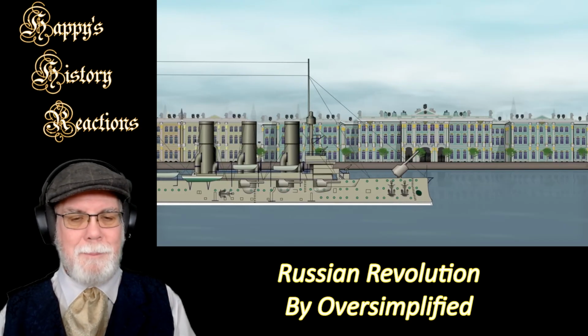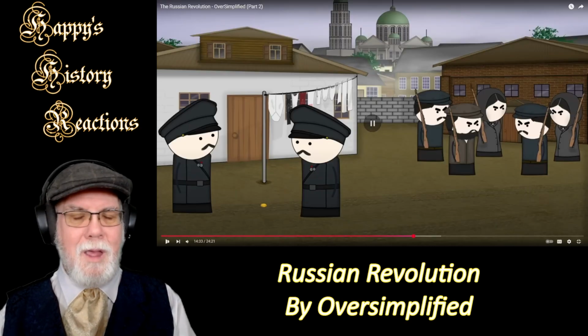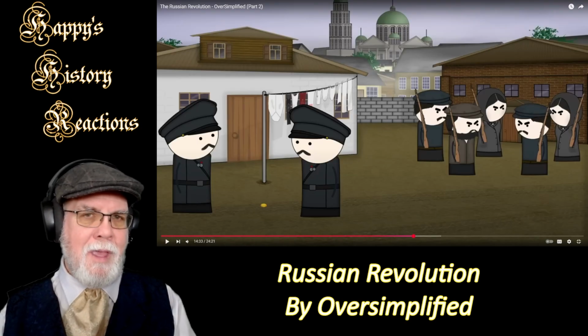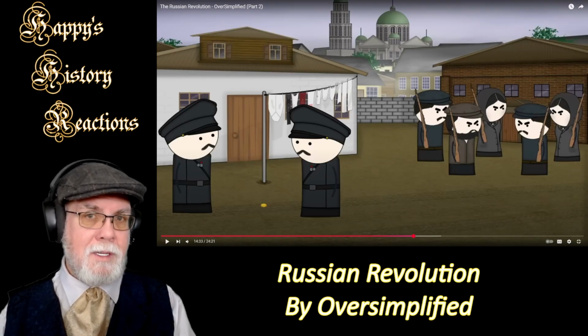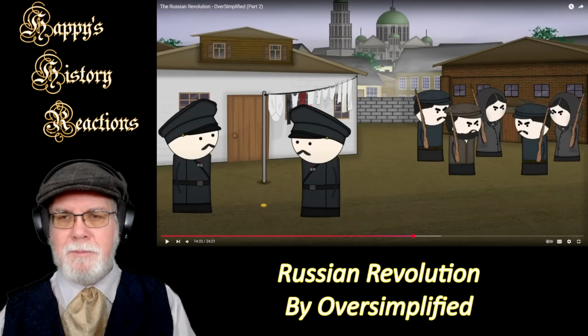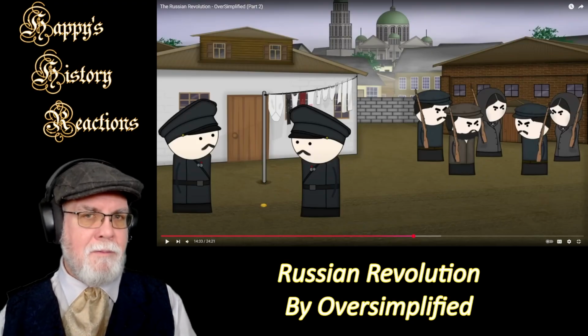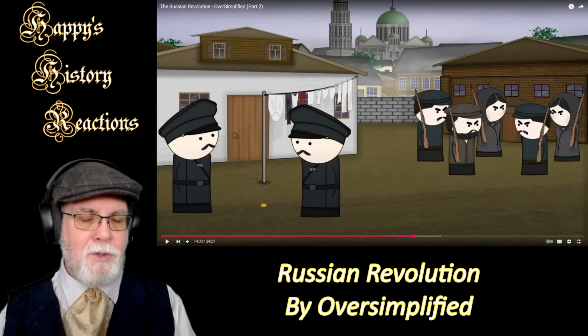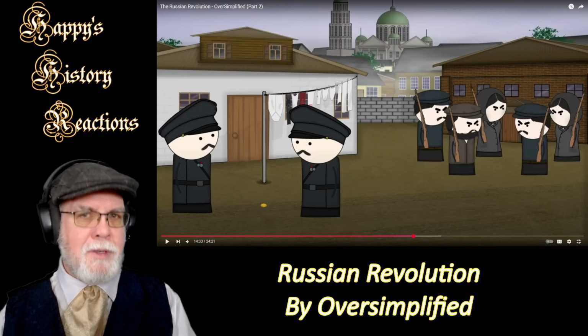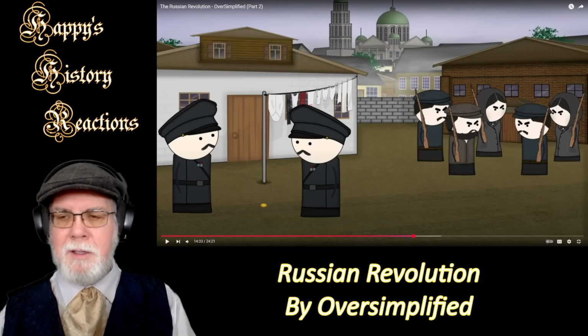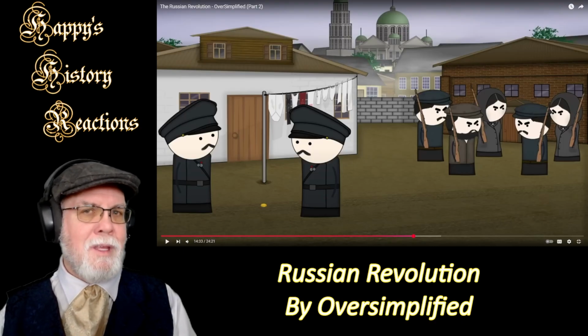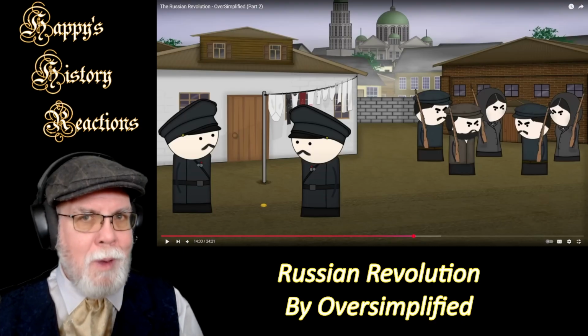Bolshevik supporting sailors even brought in a huge battleship. That battleship was actually the protected cruiser Aurora from the Baltic Fleet. It fires the first shot of the October Revolution, the one that leads to the storming of the Winter Palace. Or at least that's what the traditional story is.